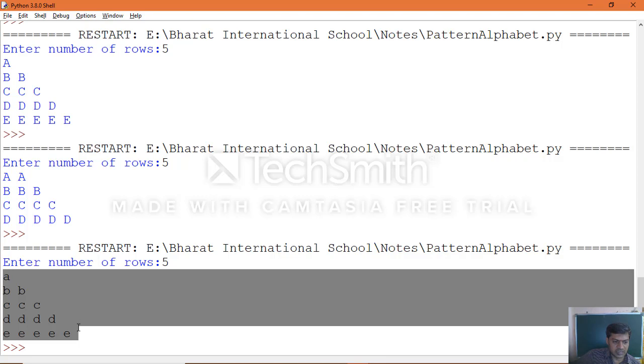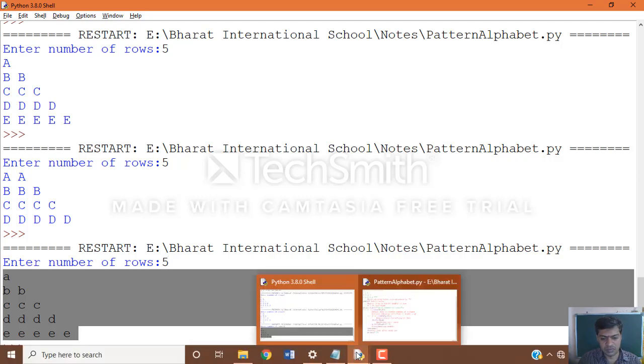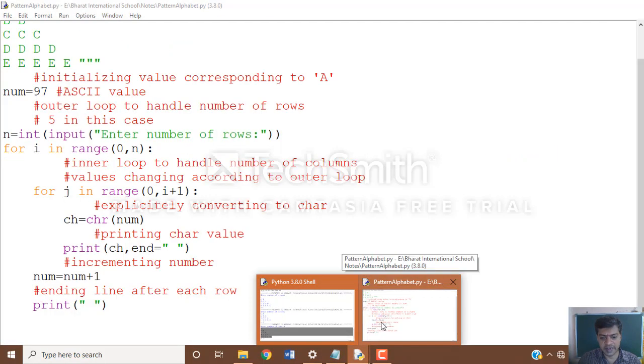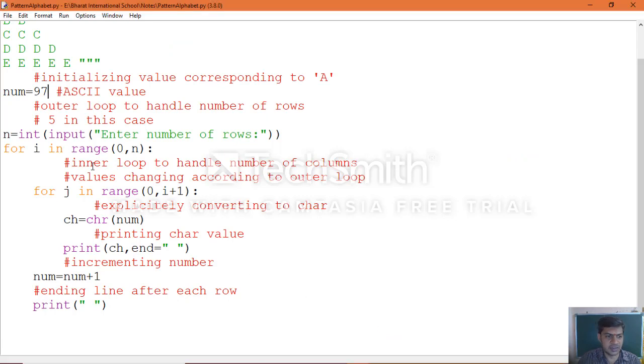Lowercase alphabets start with lowercase a at 97 and go up to 122. Uppercase alphabets are 65 to 90. So you can see clearly how the lowercase alphabet pattern is printed. I think it is clear now.